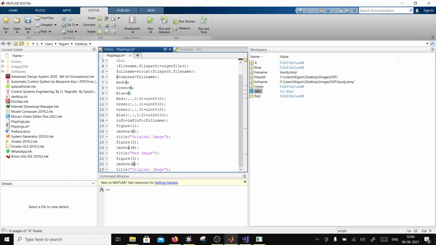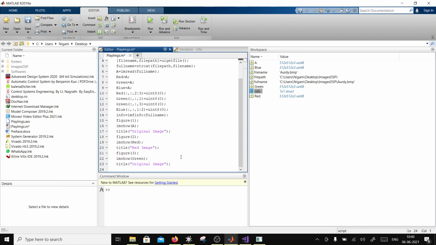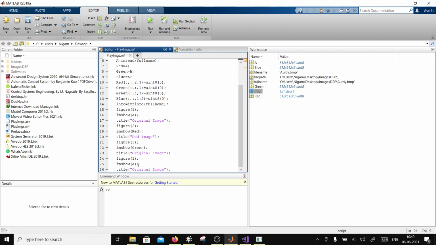Sorry, here it is going to be red, and here it's going to be green, and then one more time I have to paste it. That is figure number 4. That's going to be a blue image, and say this is green image, and this is blue image.